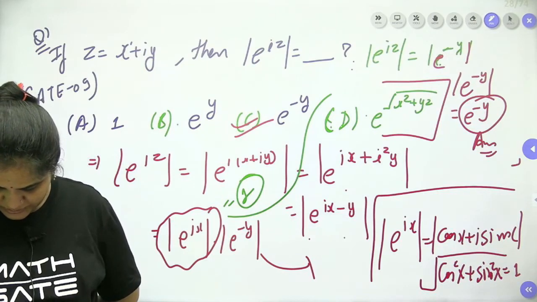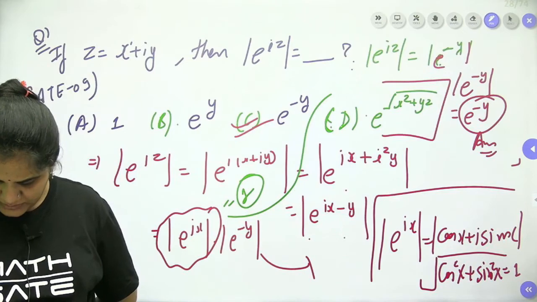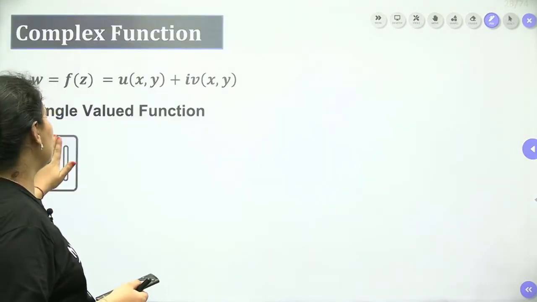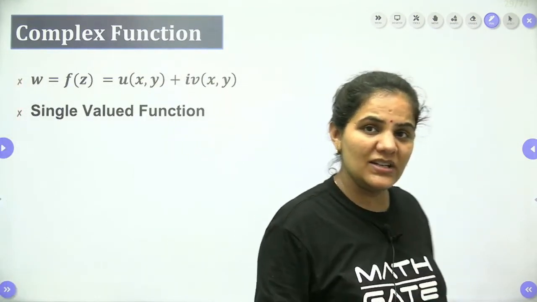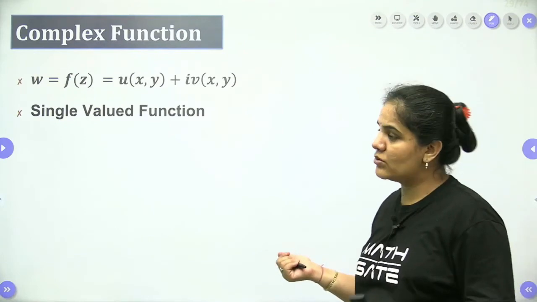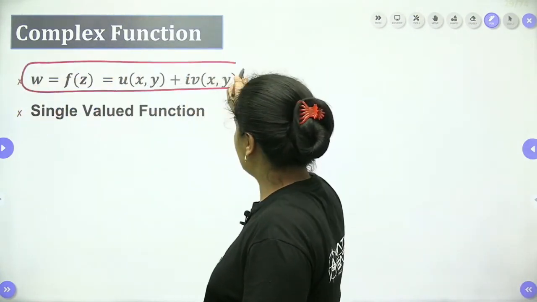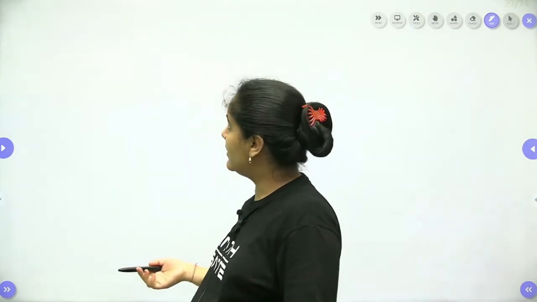Okay, do we have more questions? Let's have discussion on one. Okay, we have more questions. We will have discussion on them later. Let's have discussion first on the complex function. The complex function is ultimately a function made by two complex variables or two complex numbers. So f(z) is equal to u(x,y) plus iota v(x,y) is called a complex function only, right?